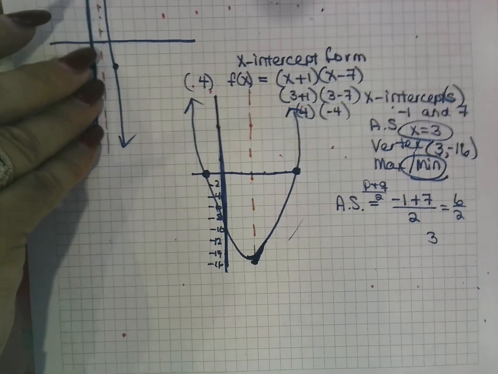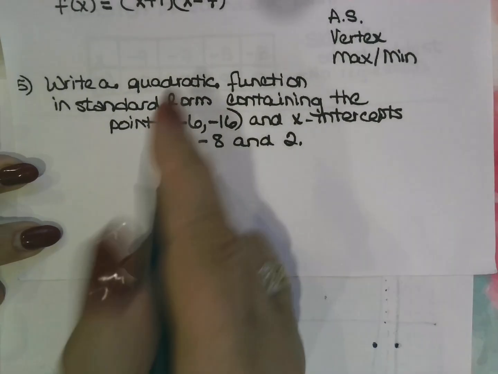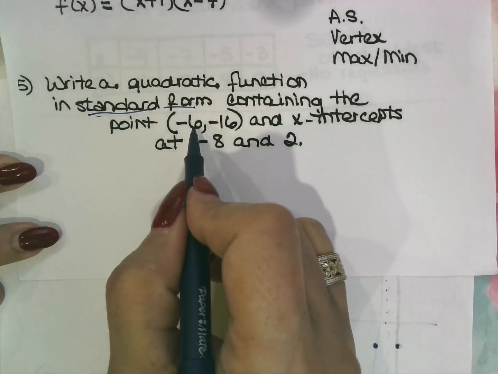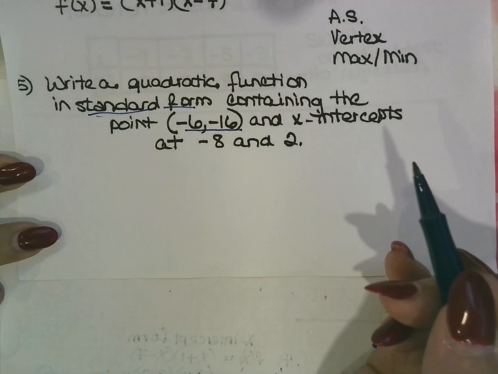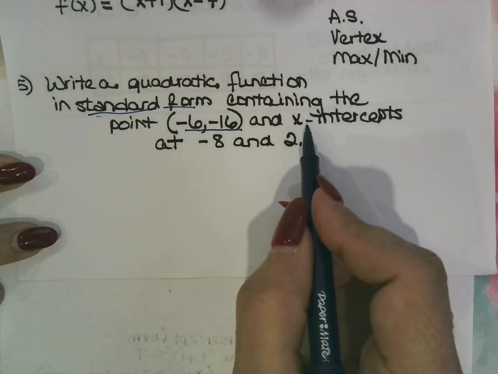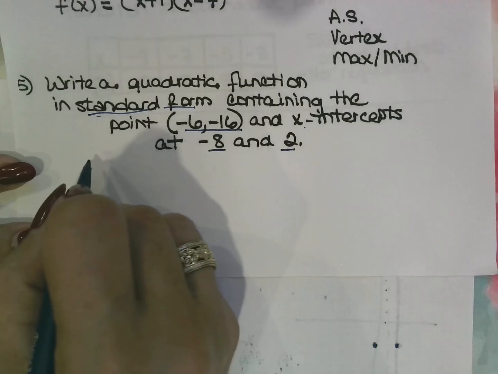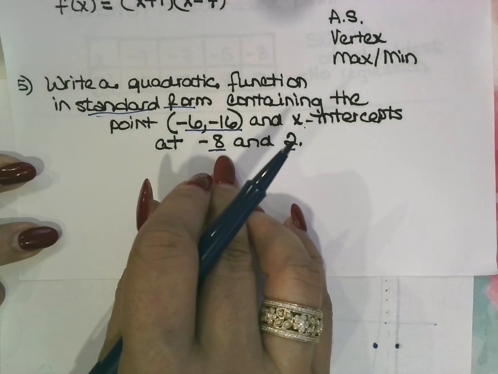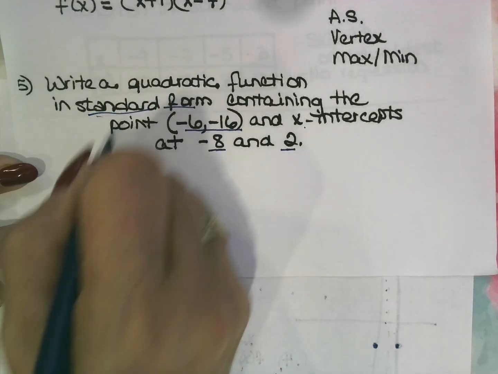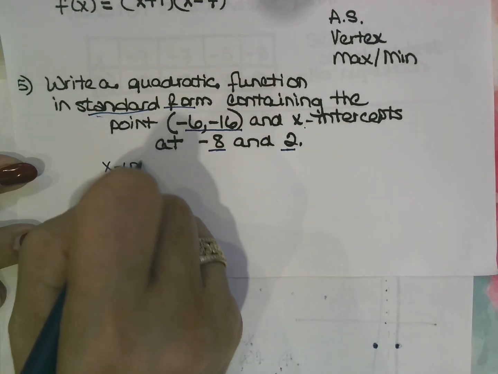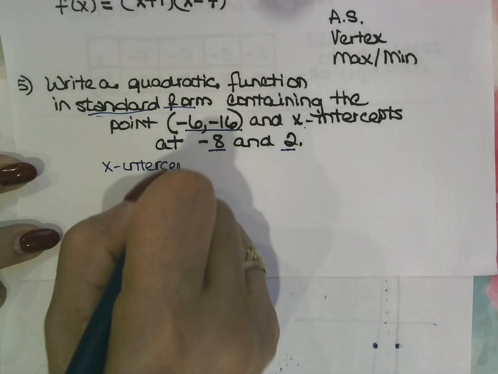Okay. Number 5. Let's take a look at the question. Write a quadratic function in standard form containing the point -6, -16, and x-intercepts at -8 and 2. Well, we got to start with x-intercept form before we make it to standard form, because they're giving us the x-intercepts. So x-intercept form,